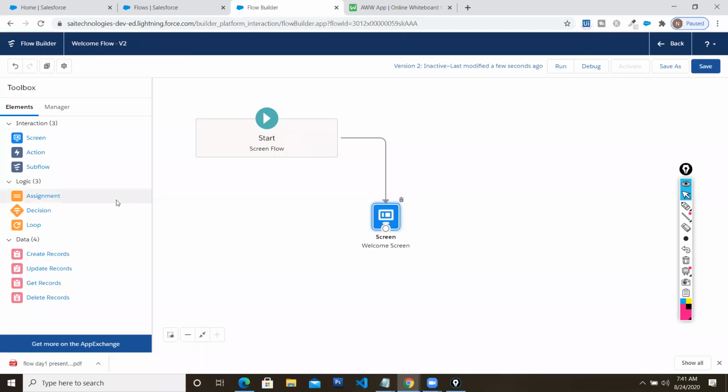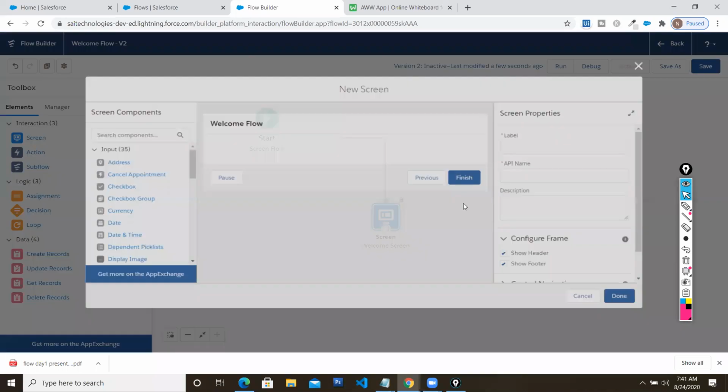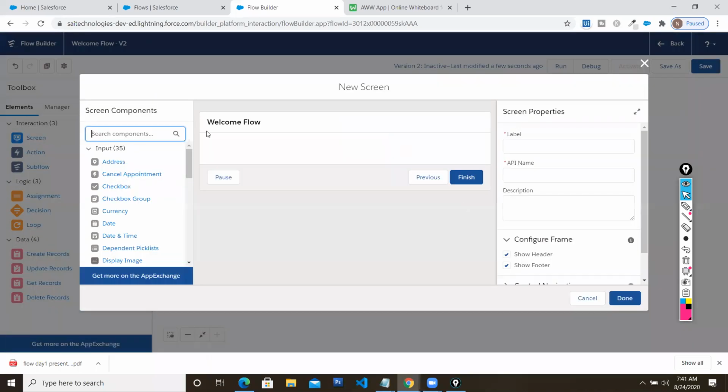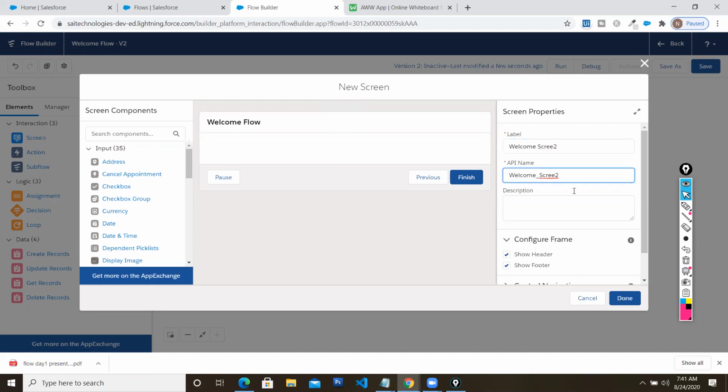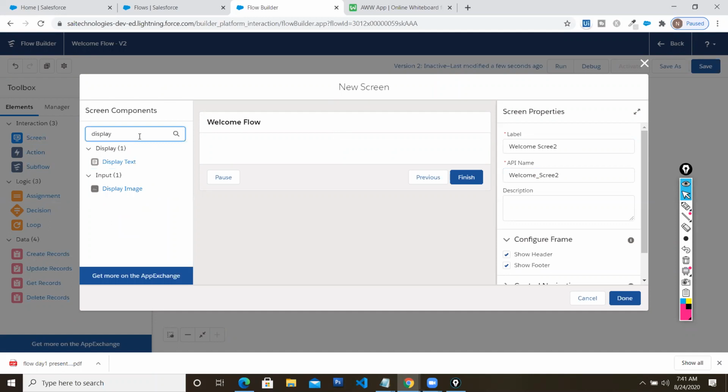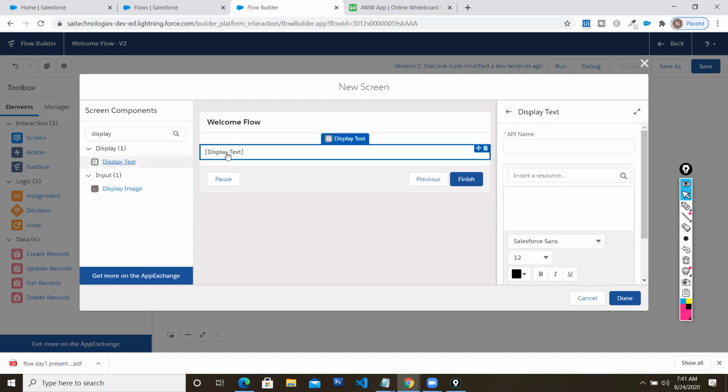I need one more screen. So let me come here and drag and drop this. I need to create the same things. There is a welcome flow, and this is my welcome screen 2. That is the name. I need a display text, so in the components, I'm going to search display text and drag and drop it.